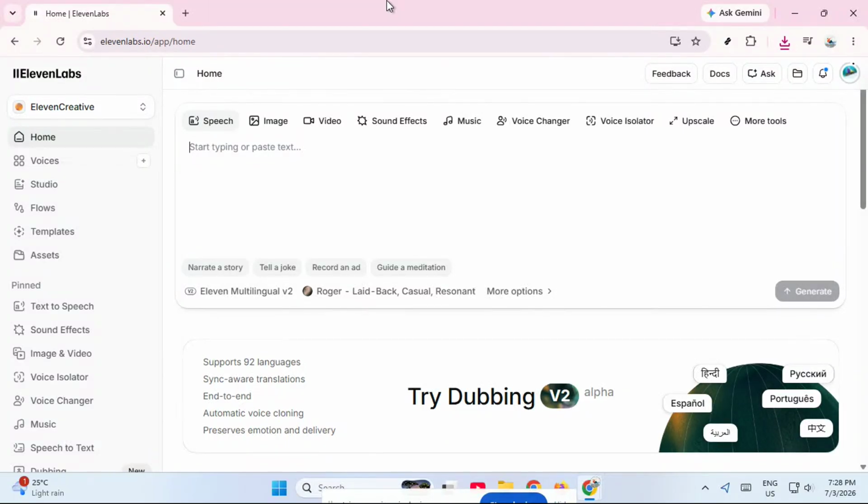In today's video, I'm going to show you how to create AI videos from text in ElevenLabs step by step so you can turn a simple prompt into a full video in just a few minutes. This is a great workflow if you want to create content faster, test ideas quickly, or produce AI-generated visuals without